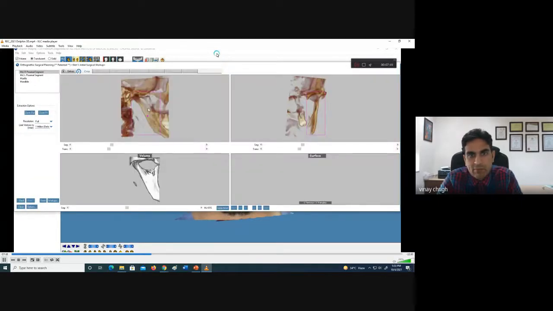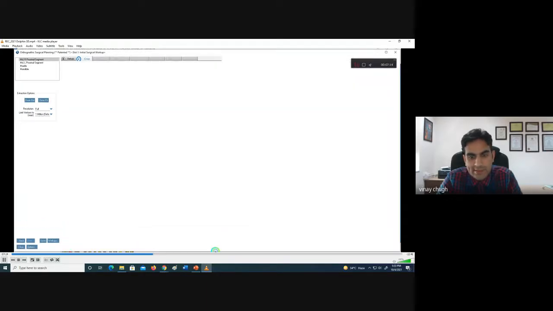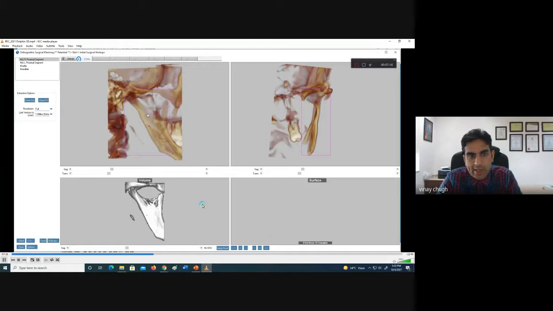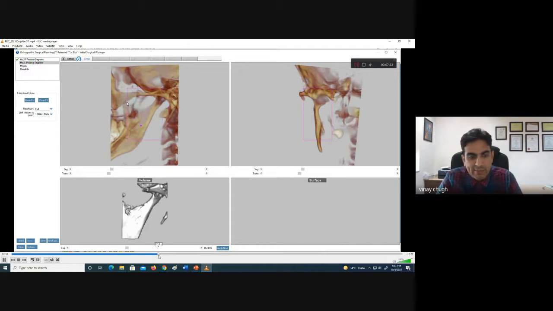First the right segment: you can see it will automatically start showing the volume, and once you apply, this will join toward the body of the mandible later when we select the mandible again. So right segment, and then we select the left segment, and again you apply.